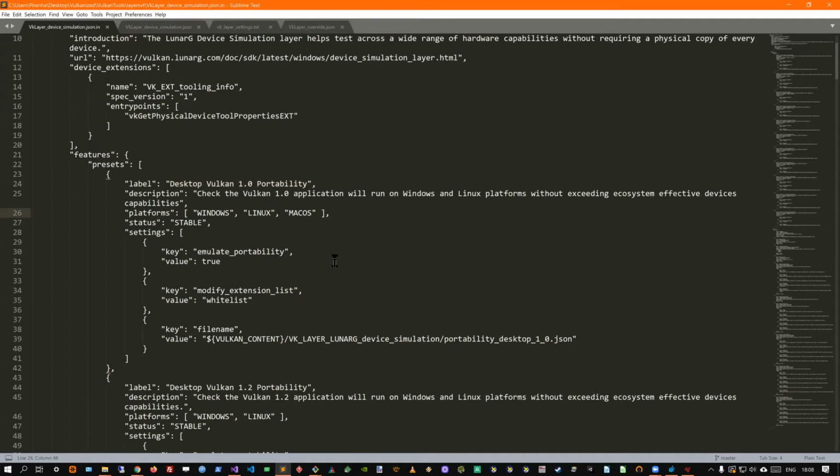The idea is that we can define a configuration file that states all the requirements the application needs to follow, so that through this file we define that all the devices we target will have these features. If the application uses more features than the ones listed by the devsim file, then the validation layer will report an error.